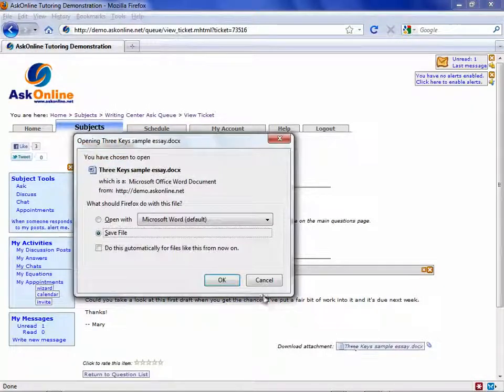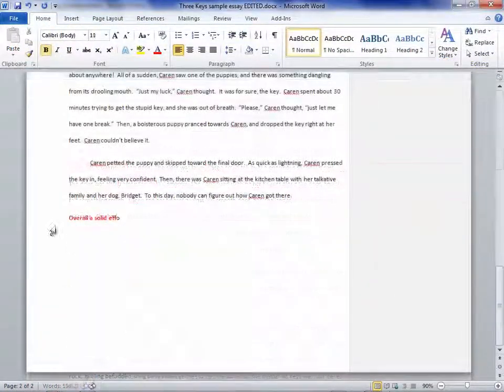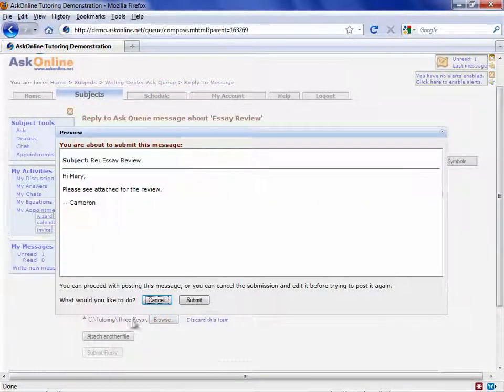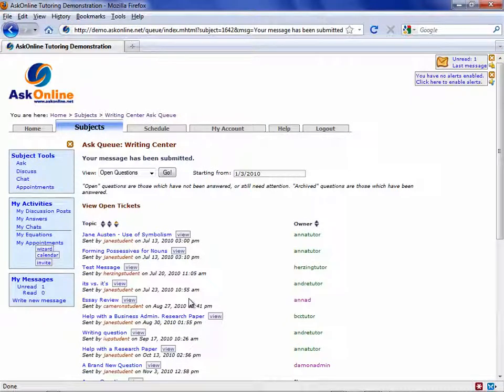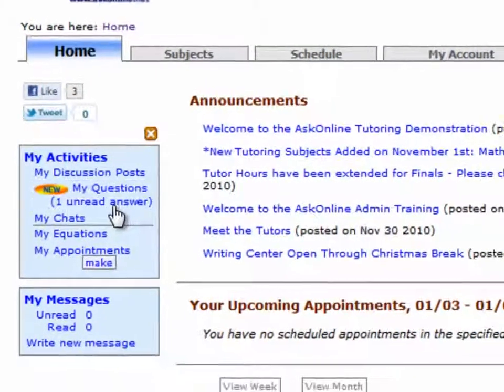A common usage scenario is shown here, where a tutor selects a paper that a student has uploaded for review, downloads the file, and uses local software to make comments on the draft. When finished, the paper with comments can be re-uploaded and examined by the student when he or she logs in next. The student can even configure an alert to be displayed when a response has been posted to his or